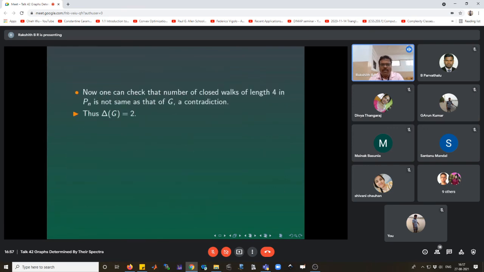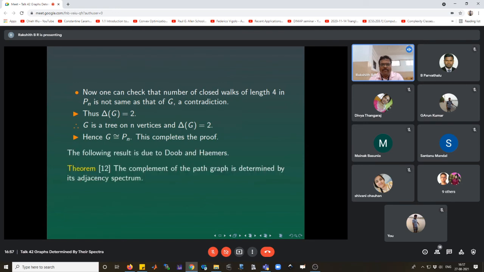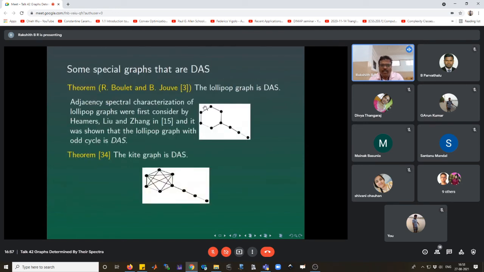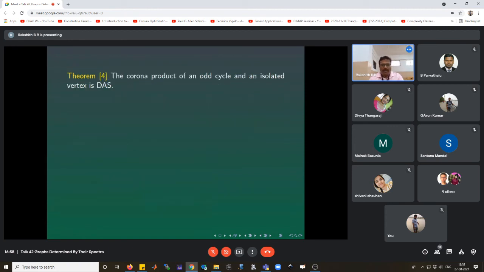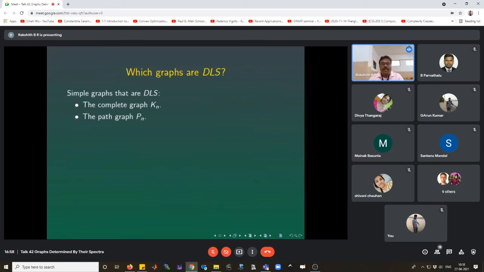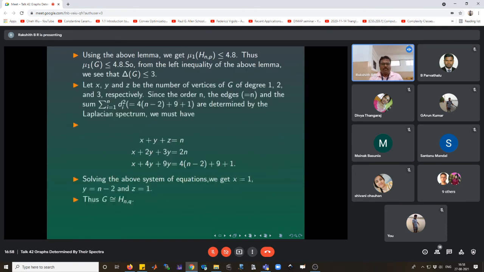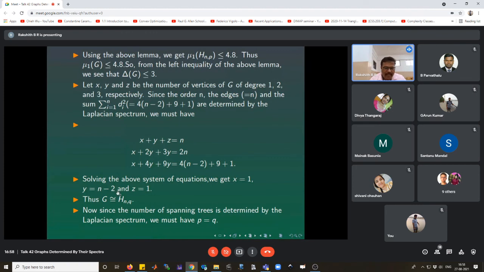Because if you look into the lollipop graph, if you keep on removing the edges of the cycle, you will get a spanning tree. So the number of spanning trees in a lollipop graph is equal to the length, or order, of the cycle. Since the number of spanning trees is also determined by the Laplacian spectrum, we must have P the same as Q,